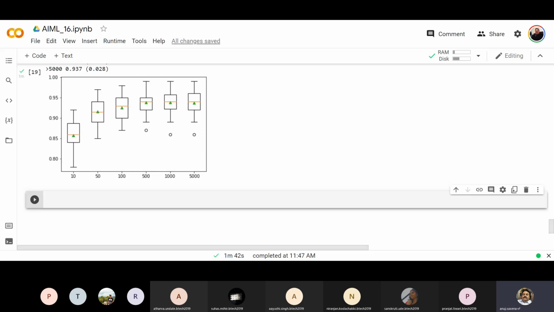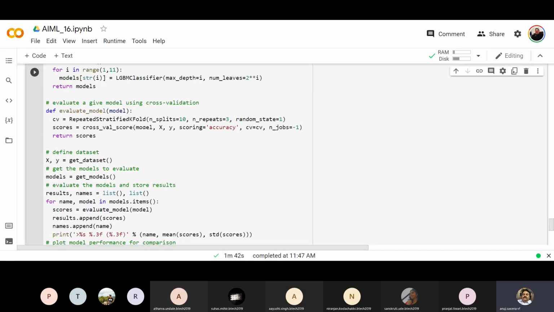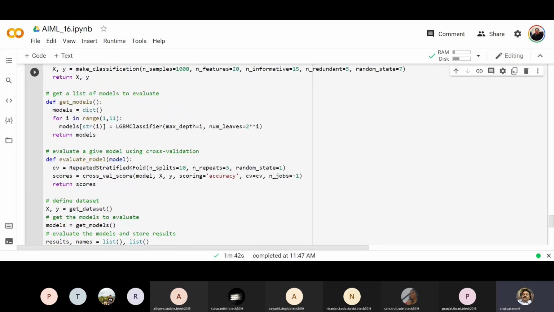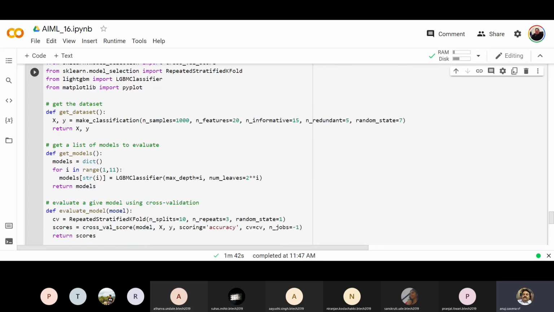I have written a code, the same code. The only difference is I've put it in a range. I'll just show you. I created a range of numbers here. The model LGBM classifier maximum depth is equal to i, and the number of levels is equal to 2 to the power i. So between 1 and 10, we have